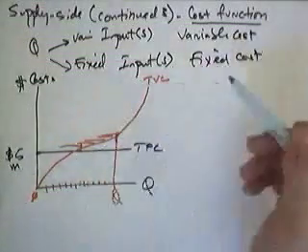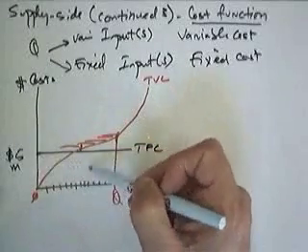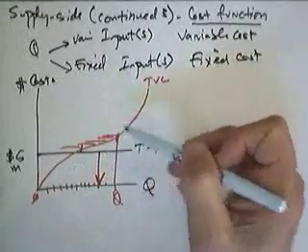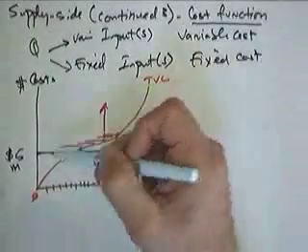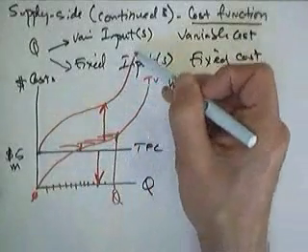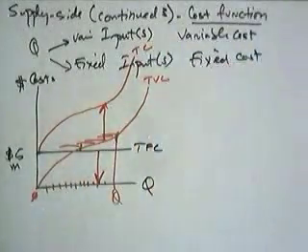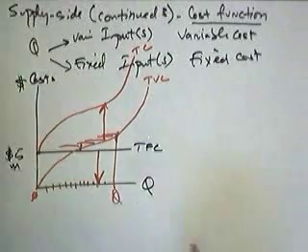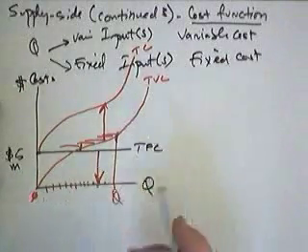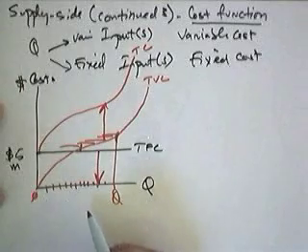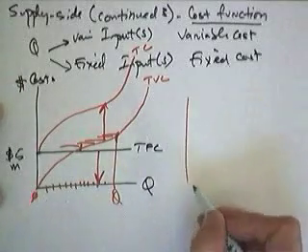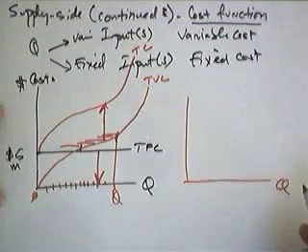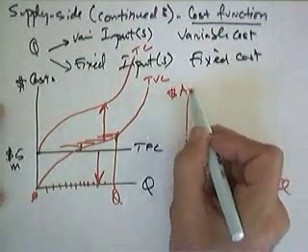And of course, total cost is the sum of these two. So you take this portion and add it to that, and therefore your total cost will have that shape. Now, this is really not as interesting as the average cost. So if I look at the costs in average